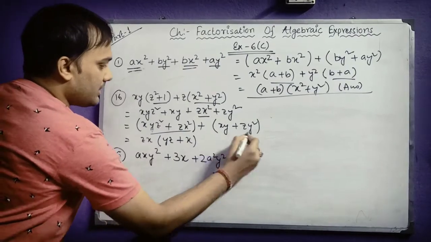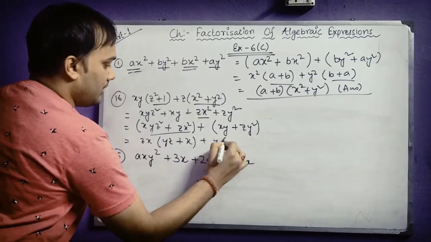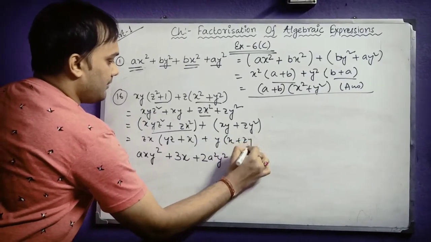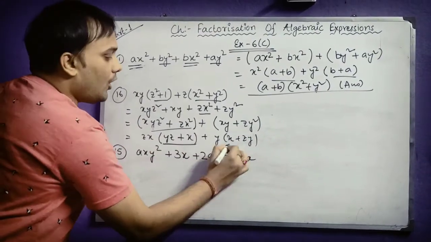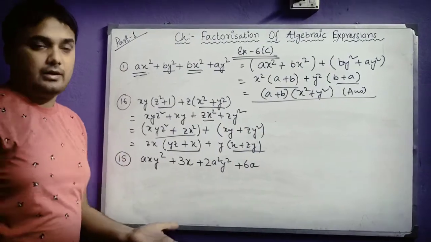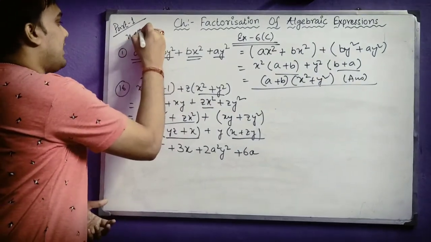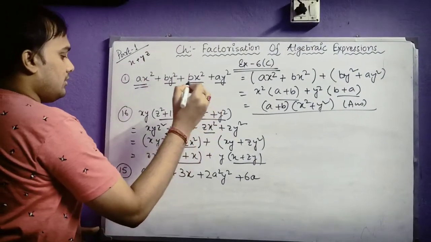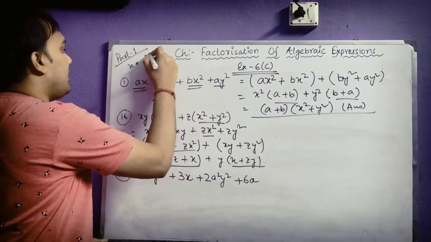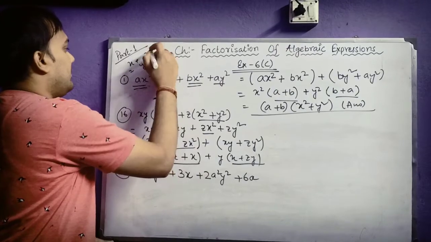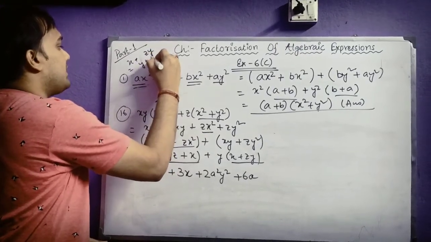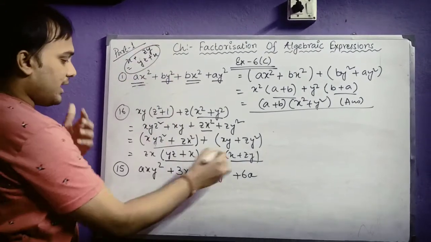From these 2, what is common? Only one y is common. So x plus zy remains. You see, x plus yz or x plus zy, both are the same, right? X plus yz or x plus zy is equal to yz plus x. Both are the same. So the bracket part is the same here.